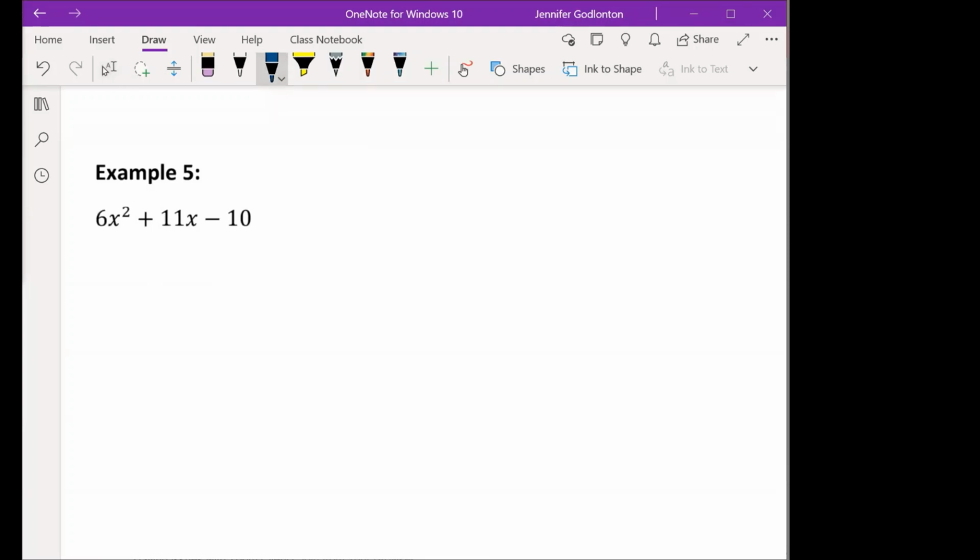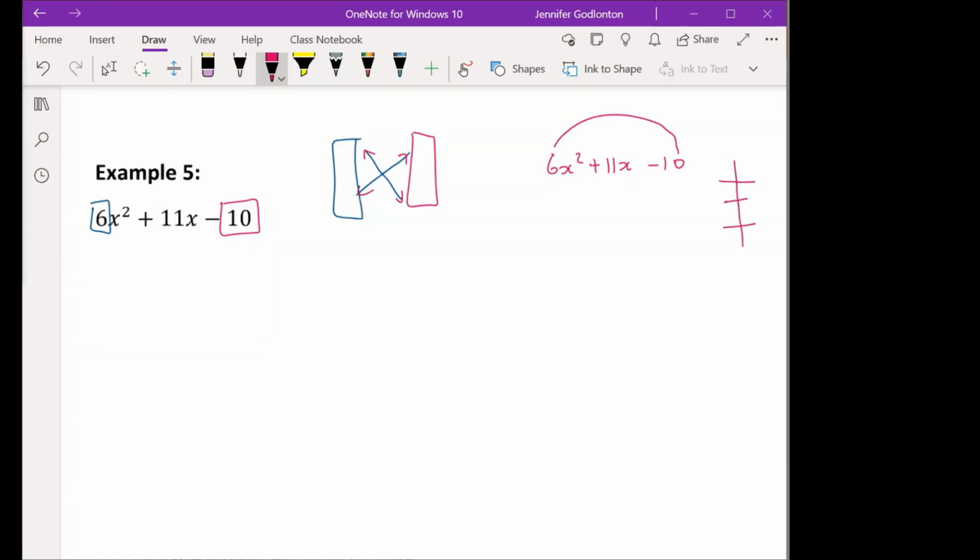Okay. If we're dealing with the crisscross method, just remember that these factors over here will be determined by the coefficient of the first term. And these factors over here will be determined with that 10. Okay, and you multiply in a crisscross way. If you're working with the second method, then your first step is to do your multiplication and work with your factor tree of that new number to get the 11x.